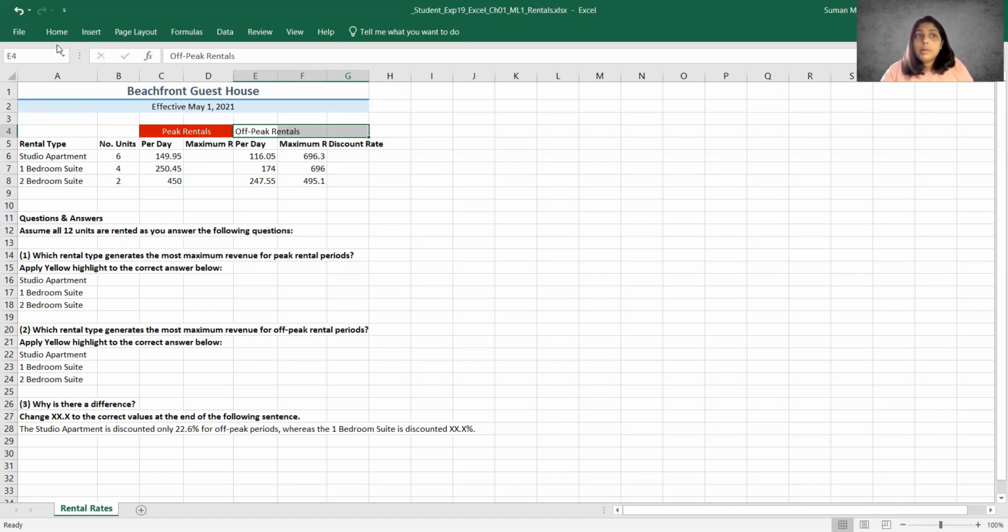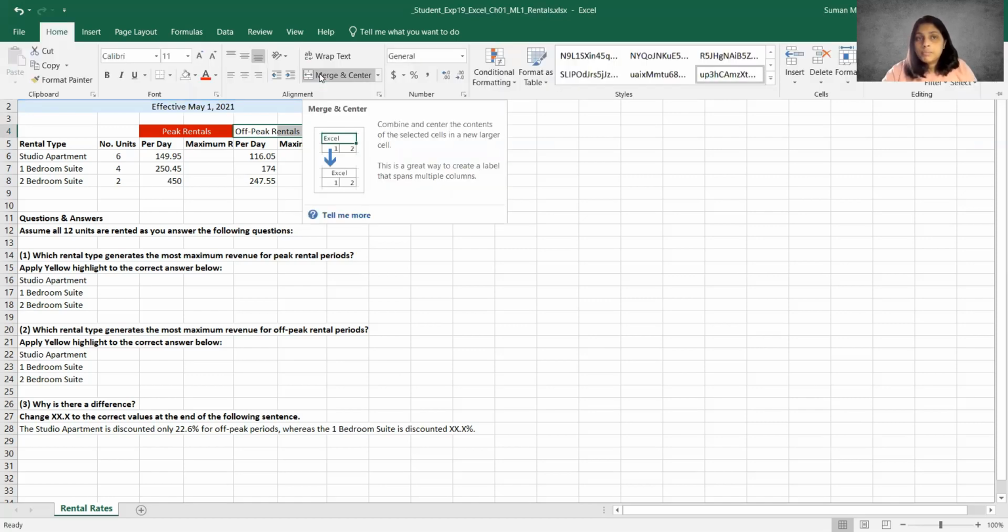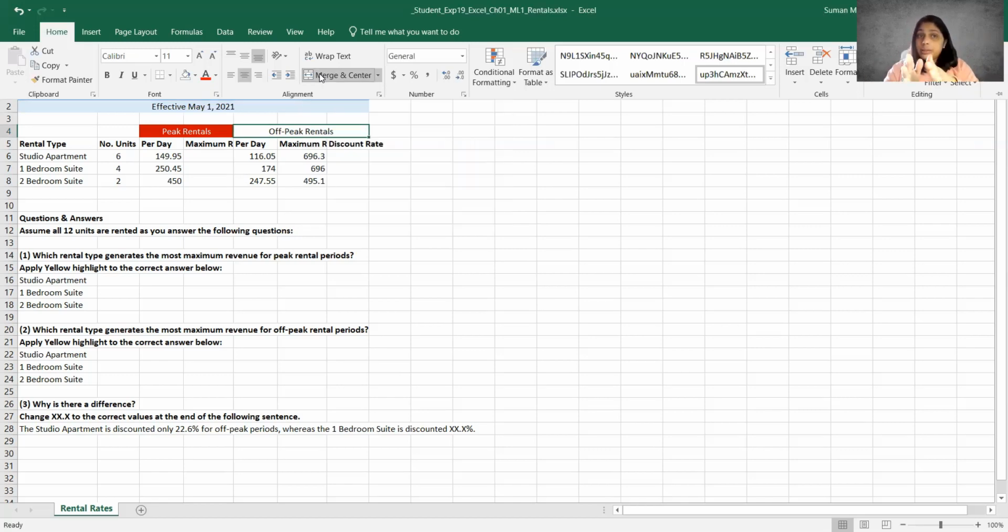Then I go up to my Home tab and left click Merge and Center. When you left click Merge and Center, it automatically merges the selected cells and centers the text in there. You also have the options to just merge across or merge the cells, so there are a lot of different options if you don't want the text to necessarily be centered in the merge.